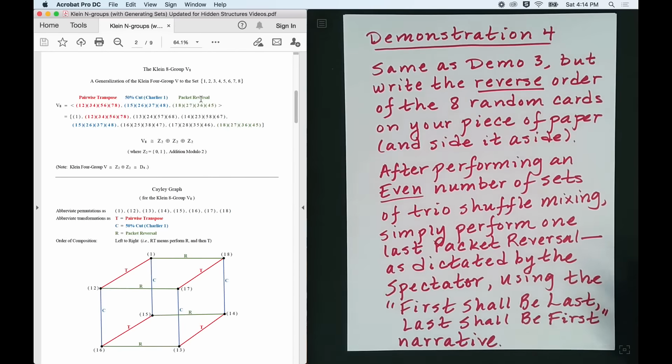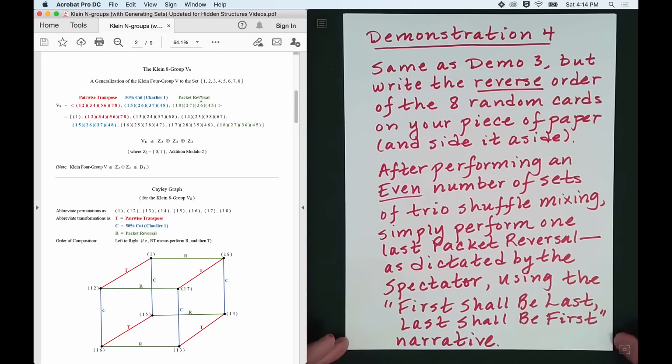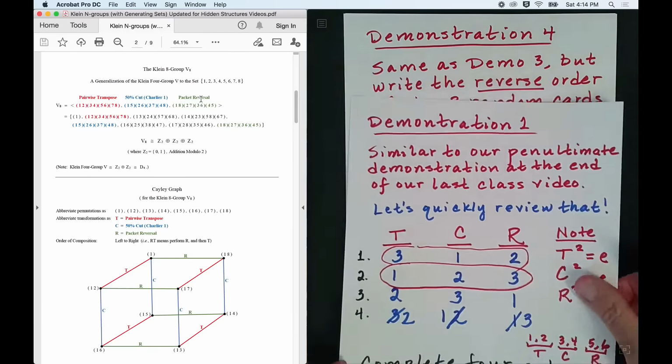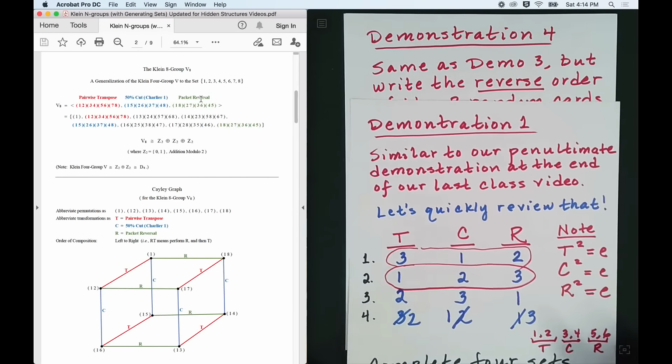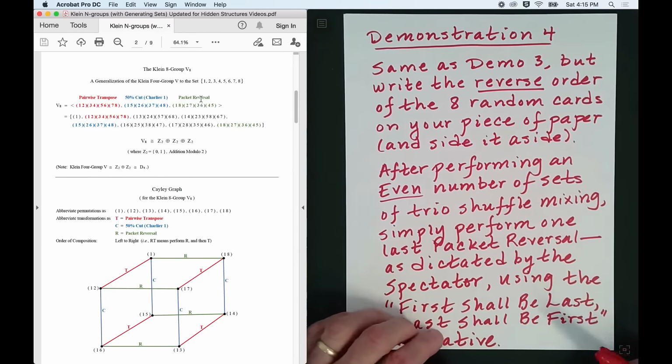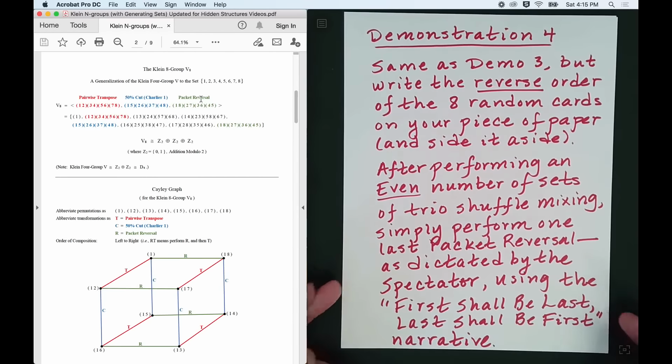And well, how do you make it work? Well, you go through the same thing as before. You have them do it an even number of times. So you go through and have them do it an even number of times, same as demonstration 1. But after you've done that, you can just say, okay, well, boy, you've made a lot of choices. Okay,